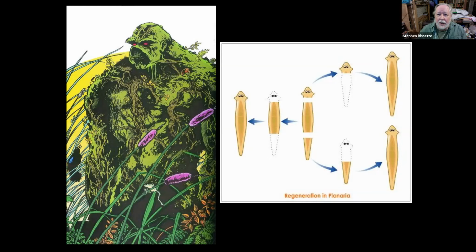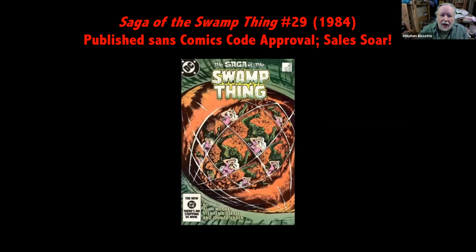And I will get more explicit with that when we get to that part of this story I'm telling you this afternoon. Okay, so I'll head off by pointing out to you, this is the issue that lost the Comics Code authority. Saga of the Swamp Thing, number 29, cover dated October 1984. We couldn't have made that happen, and it is so perfect that the very year that my generation associated with an authoritarian overlord in government, that we overthrew the Comics Code in the October issue, the Halloween issue,